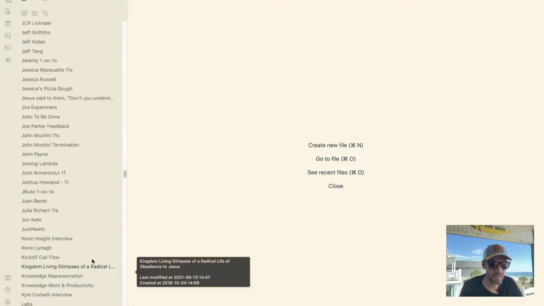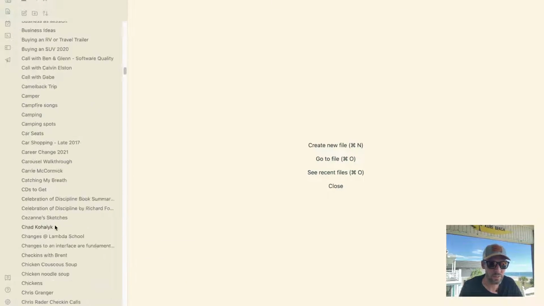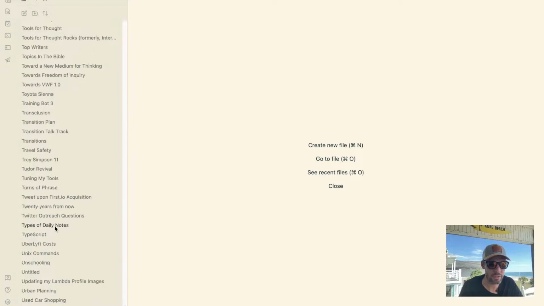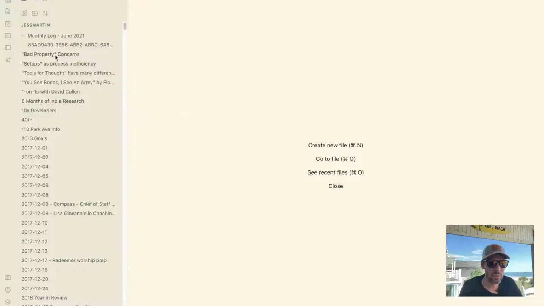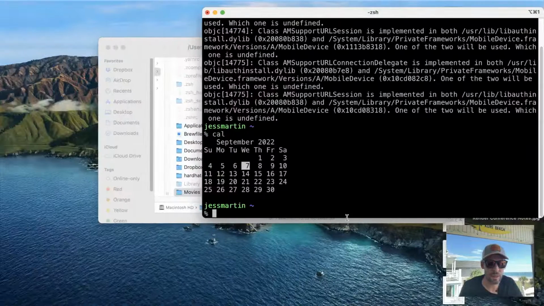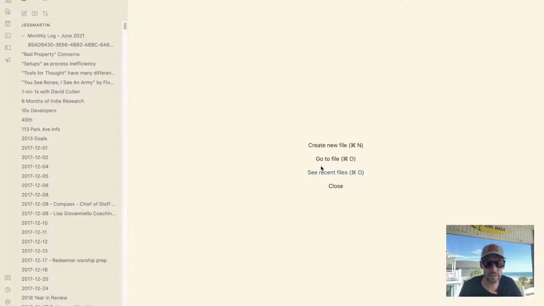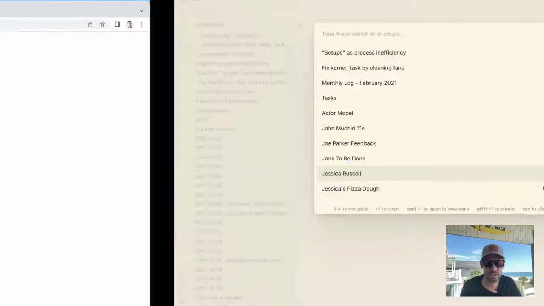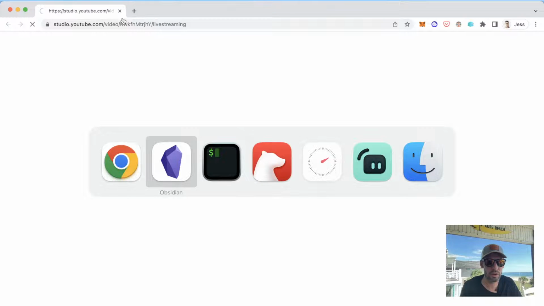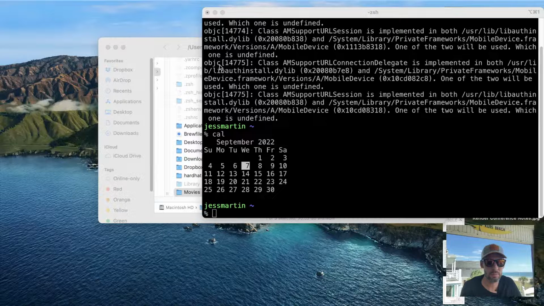One thing I don't love is this sidebar. I might have to nuke the sidebar. I don't really need to see all 1,000 notes that I have over here on the left. And if I do see them, I want to see them organized by time at which I edited them, not the other thing. And I'm sure that's configurable. Everything is configurable in Obsidian. All right, so let's see where we are. Whoa, don't need to open that up.